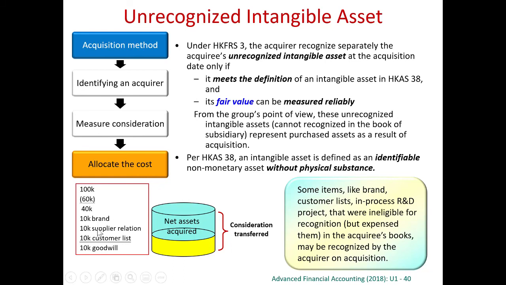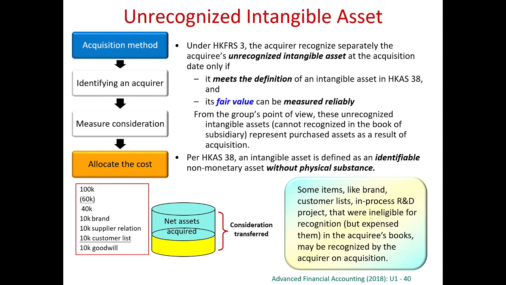It's better to tell the financial statement users more information than telling them that 40,000 is paid for goodwill. So what is that 40,000 paid for? Goodwill. What is goodwill? But I tell the financial statement users I actually pay for the brand name, the supply relationship, and the customer list. This is one of the major reasons why in a business combination, we allow the capitalization of these intangible assets.